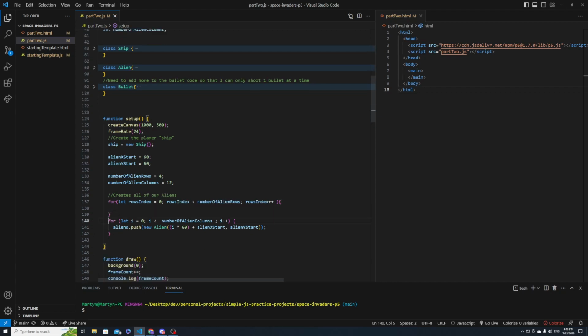So we want this row for loop that's creating the row of aliens to be inside, right? This other for loop we just created. And then we want the Y position